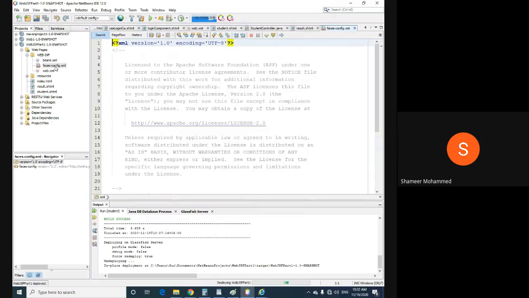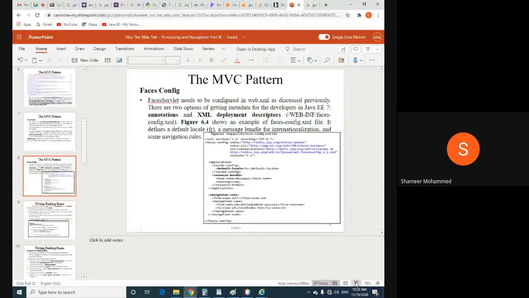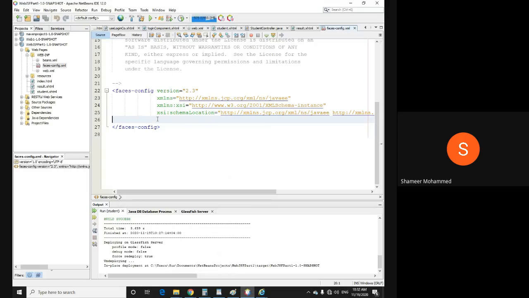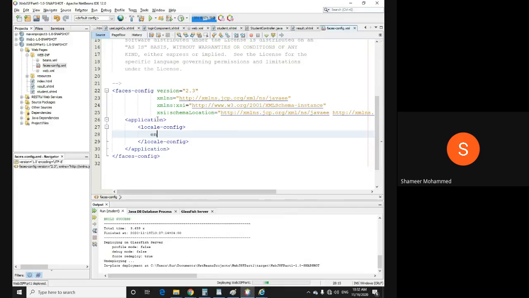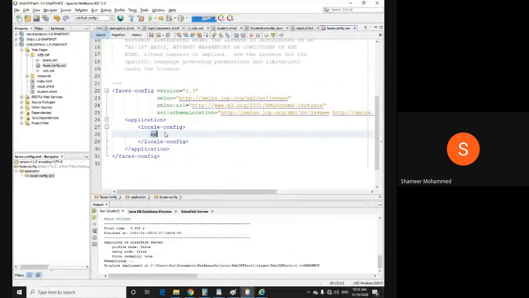This is the file. So here you are going to write the code like this. What is your default locale? Application, then locale config. What is our default locale? English. If you want, you can put Arabic, something like that. Locale config, under that default locale,